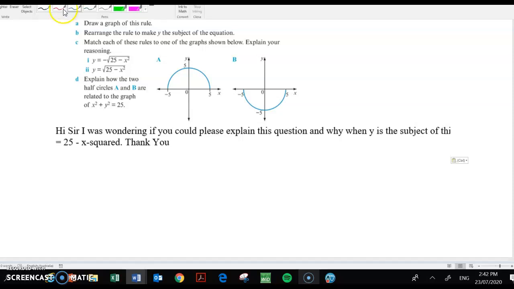I'm just doing a problem given to me by a student, and I think it's good to share with you all. It's question 18 from exercise 5E on circle. He's wondering if you could please explain this question, why, when the y is the subject of this. Thank you. So basically, what we're saying here is that if we take a full circle where the